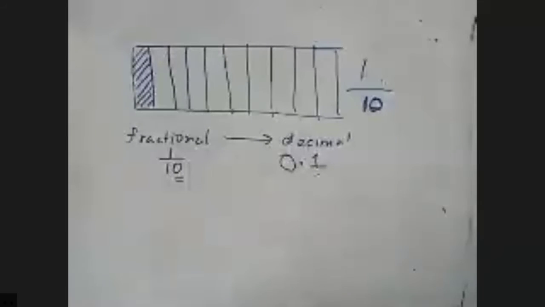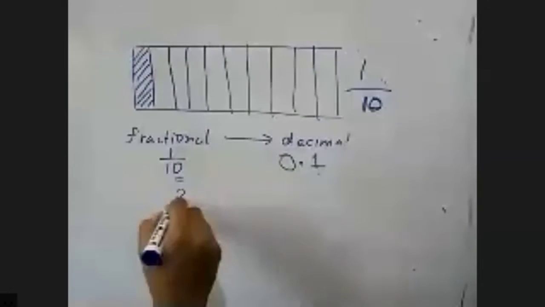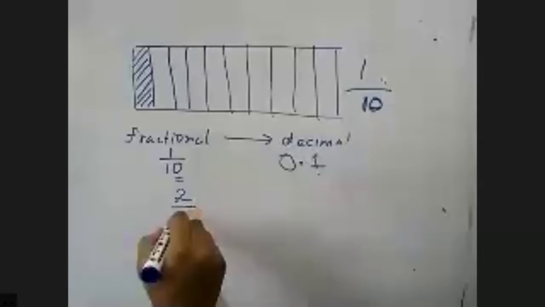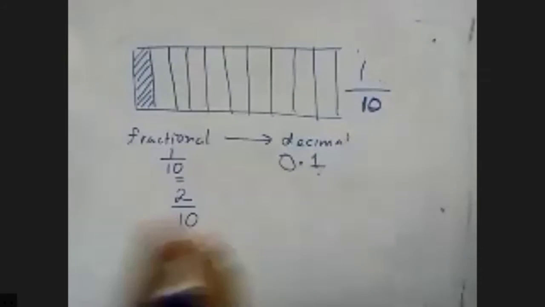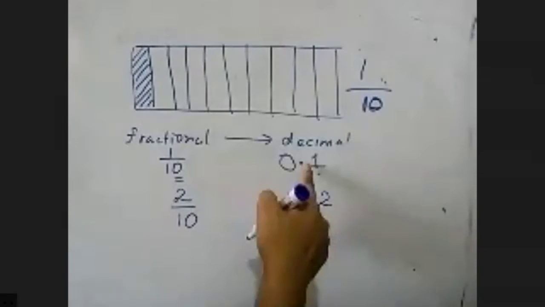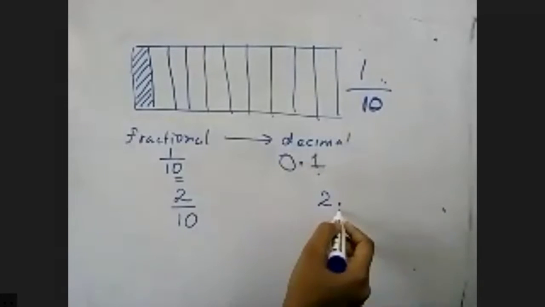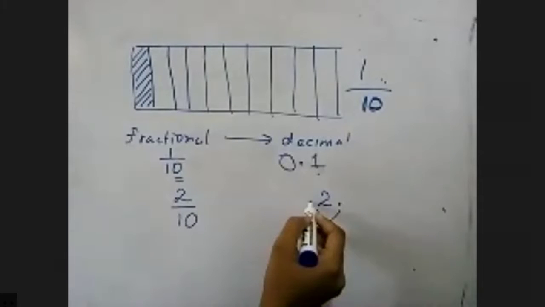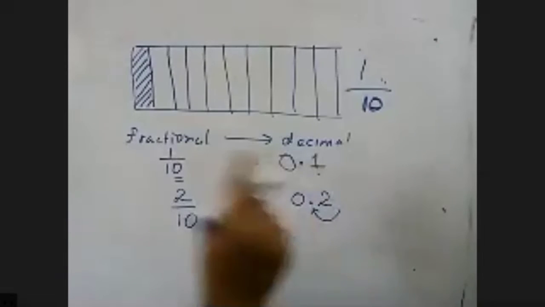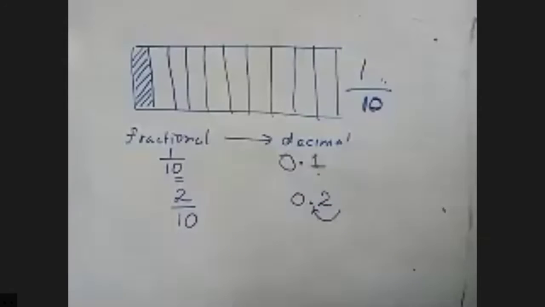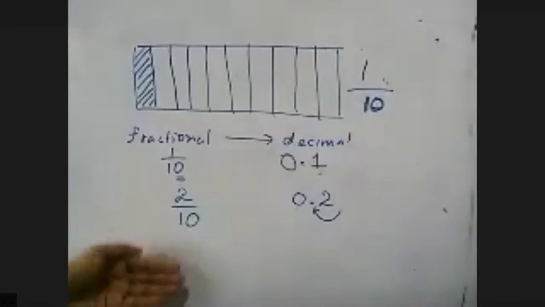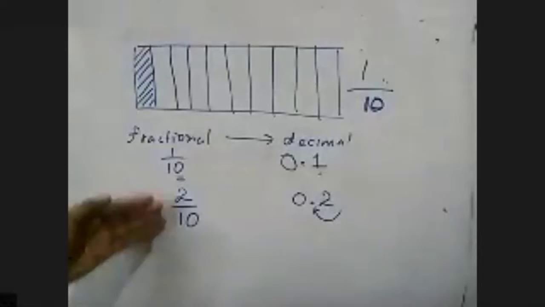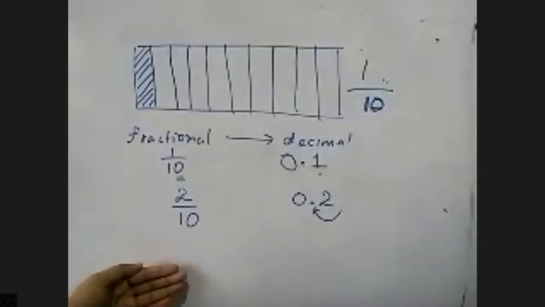Now we'll see another example. I'm going to take a fraction with the whole number 2, and it is 2 over 10. How can we write this as a decimal? In this case, 2 is our numerator, so I'm writing my numerator here. I told you whole number decimals are here. I'm taking only 1 time backward. Decimal comes here. Now the answer is 0.2. We read it as 0.2. So this is the way of representing a given fraction with denominator 10 as a decimal. We are converting a fraction with denominator 10 into a decimal.